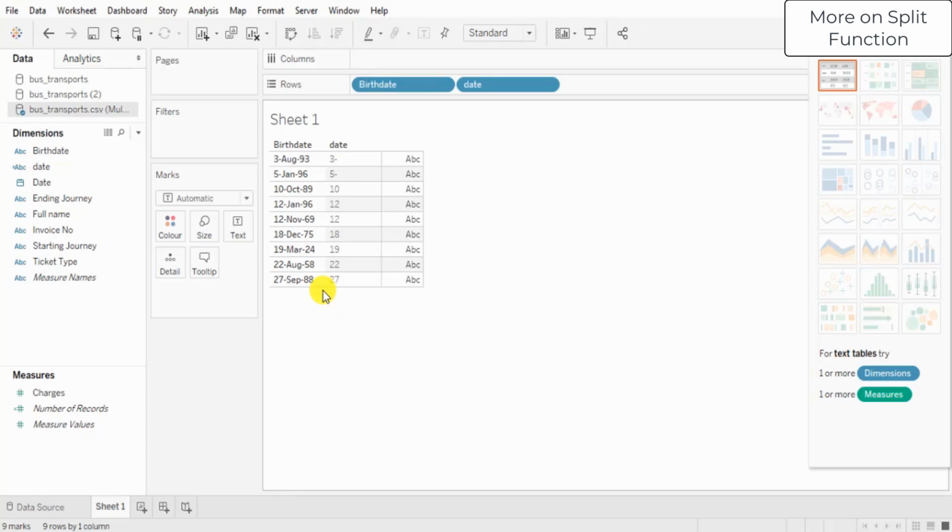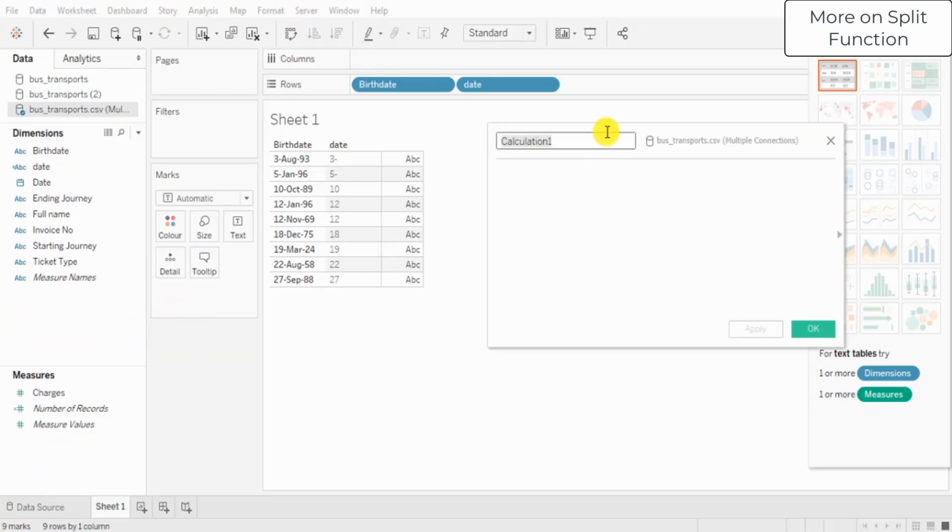And before that, yeah, in the calculated field, we'll go for month first, right? And the month, same thing. Month is in between, so we'll be using the mid function. Mid will contain the birth date, and in the birth date we'll be providing the start position, so how many length are there? It's 2, right? Maximum, so it's 2 comma, and then how many characters do we need to capture? This 1, 2 and 3, 4. So basically there are 4 numbers which need to be